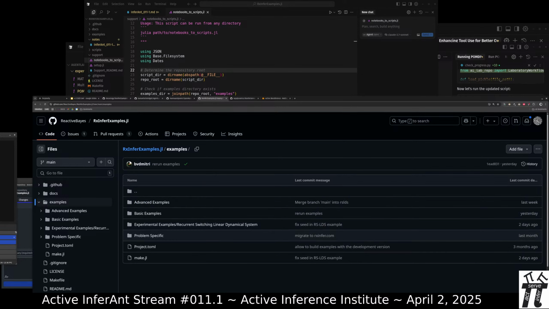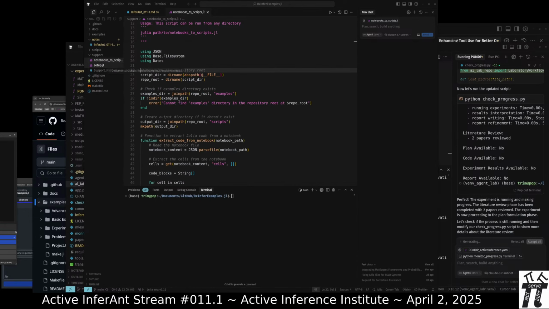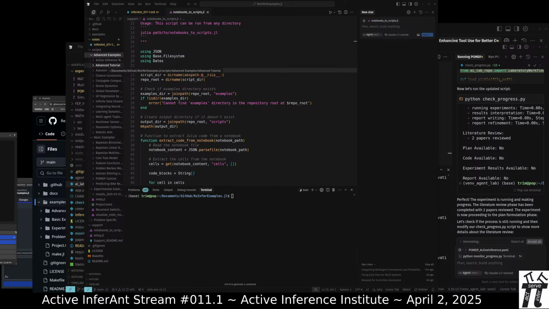There's different folders within examples, but this script converts those into a matching scripts folder. So we will look at two or maybe more of these script analogs of some RxInfer examples.